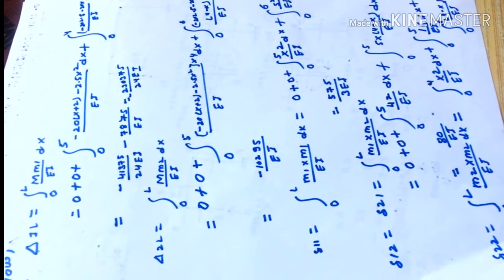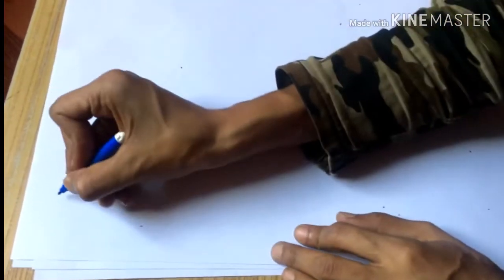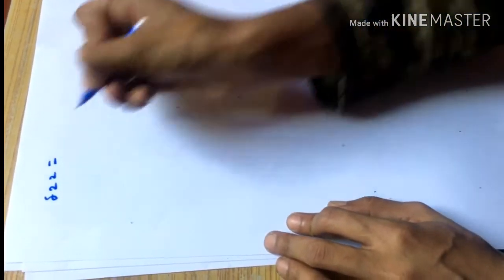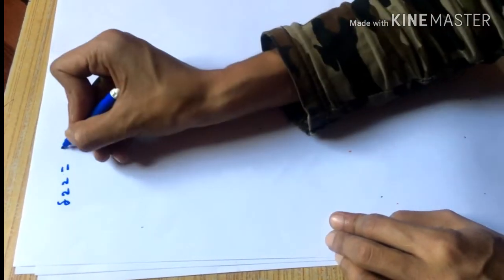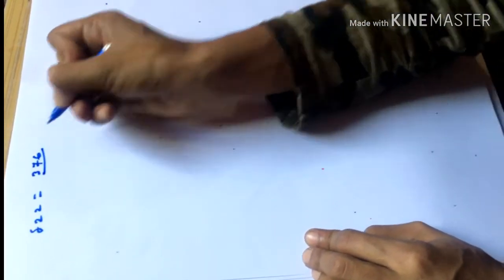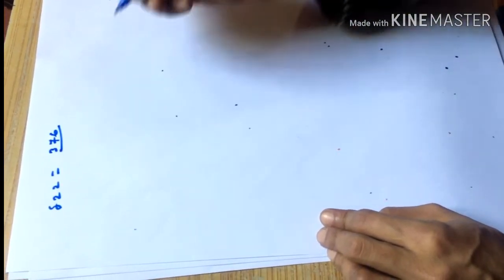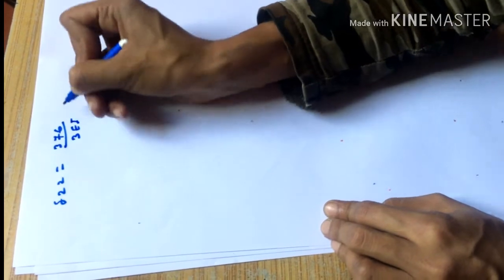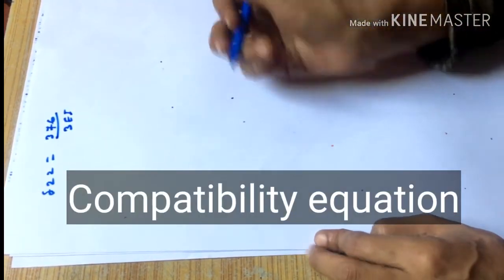Also, on calculating using calculator, finally we get del 22 is equal to 376 divided by 3EI. Now our final step in the force method is that now using compatibility equation